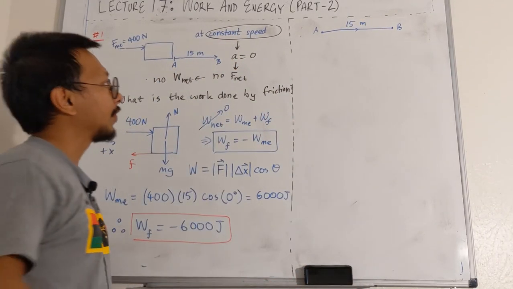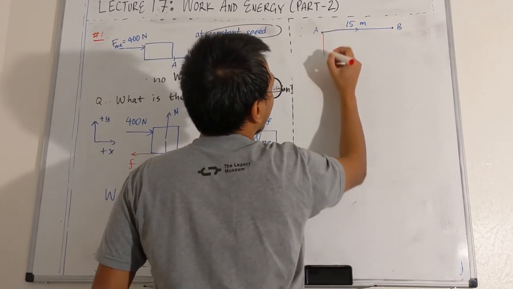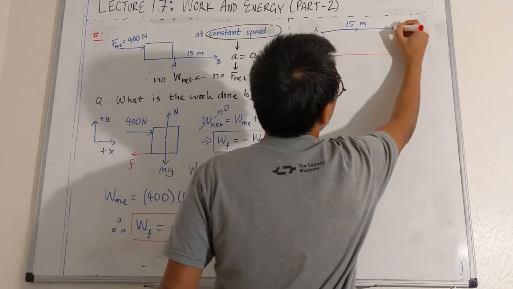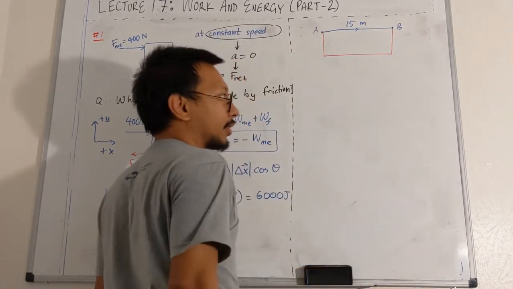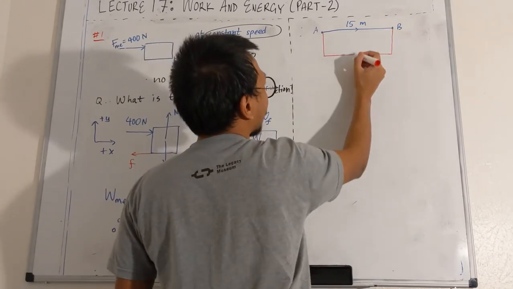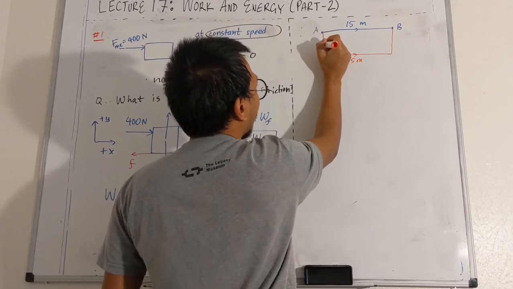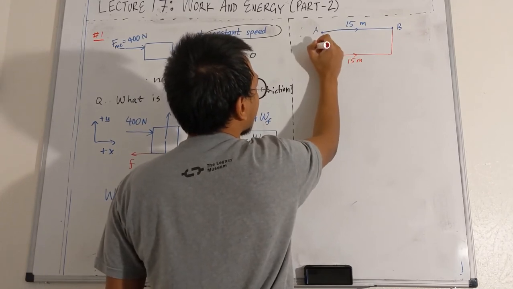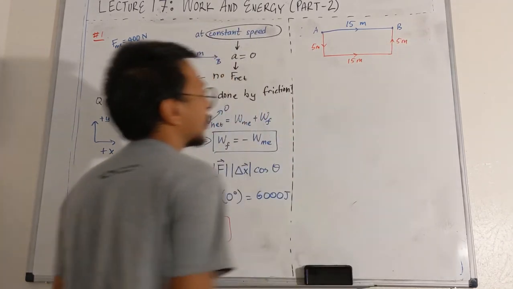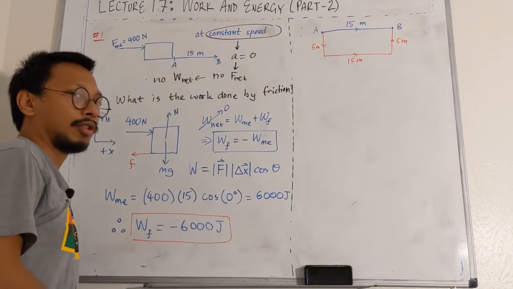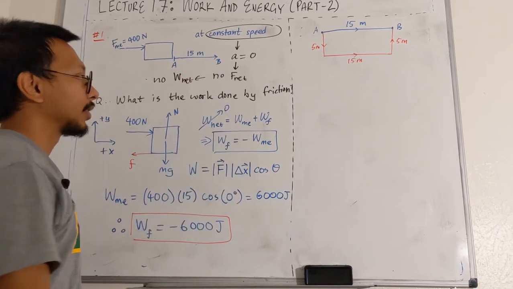The new path, however, I will choose is a longer path which will follow a rectangle looking like this, such that the starting point and the ending point is the same, but I follow this red path. This is 15 meters since this is a rectangle, and this is, let's say, 5 meters and 5 meters. So I travel a distance of 10 meters extra. So now my distance covered is